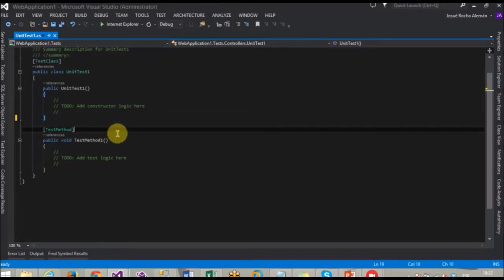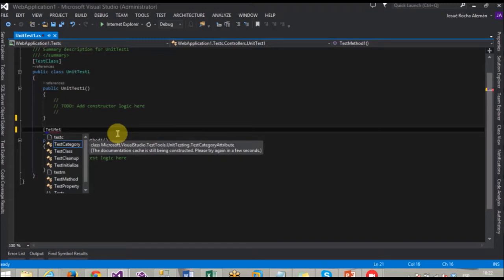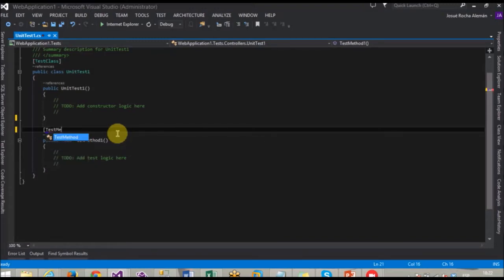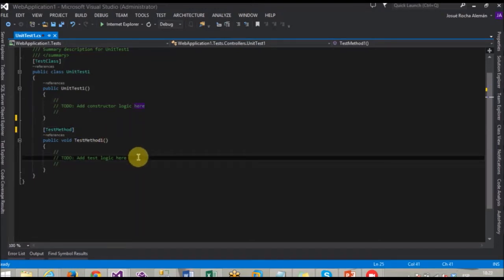There is a method. Once again, as with the class, we need to specify these methods are going to be test methods, right? So we need to add the attribute TestMethod. Test method. And that's the way we can identify the methods that are specifically for the unit testing. Okay,